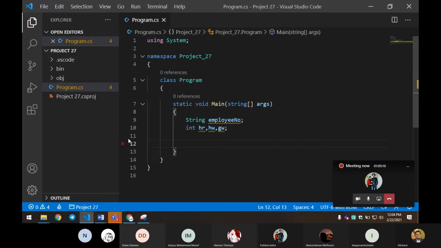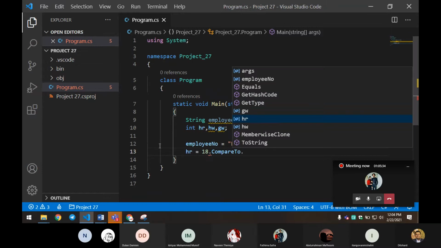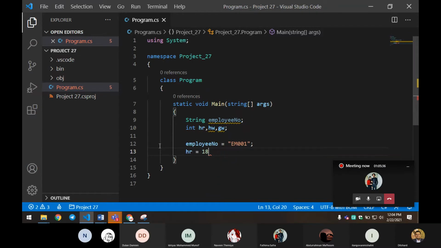Now employee number, so we'll call it employee number and assign a value. Are they given in numbers? No. So I'm going to say EM001. For hourly rate, I'm going to assign a value. What is the rate they're paying? We'll say 750 per hour.